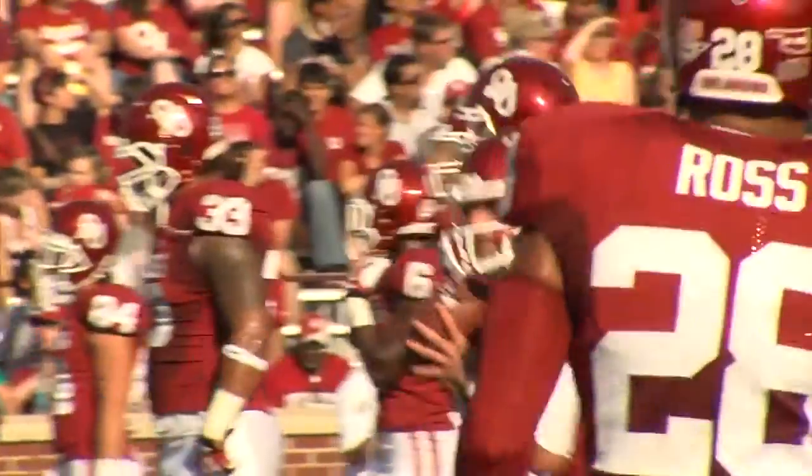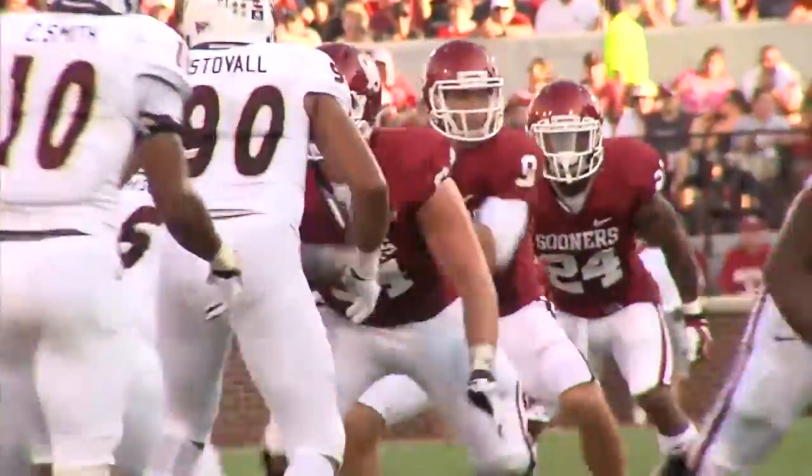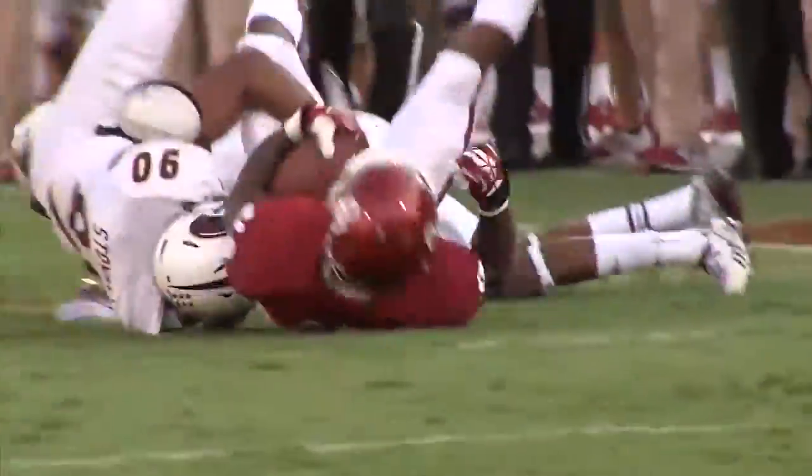Saturday night was the start of the Sooners' 2013 season, but even more than that, people were talking about the start of the Trevor Knight era. Knight taking over as the starting quarterback after 4 seasons of Landry Jones. After a scoreless and shaky first quarter for the Sooners, they start on their own 22-yard line and put together